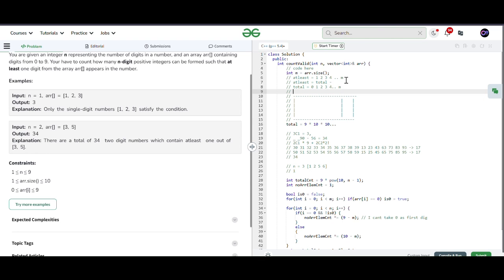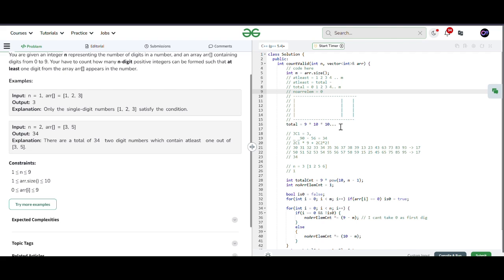But what if I generate those numbers which are made from no digit present in the array? So I take no array element, that is, I make the numbers without using any of the digits from the array. So I can take zero elements from the array, which means I should take all those digits which are not present in the array. That would be the only case for no array element, where I don't take any element from the array.